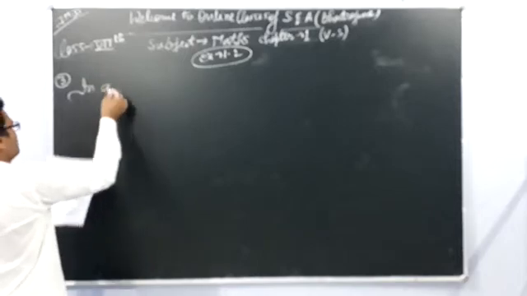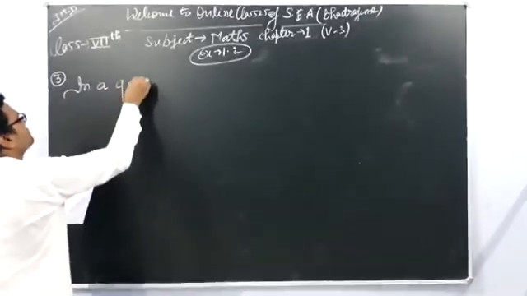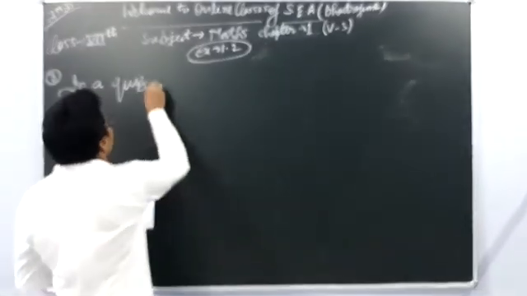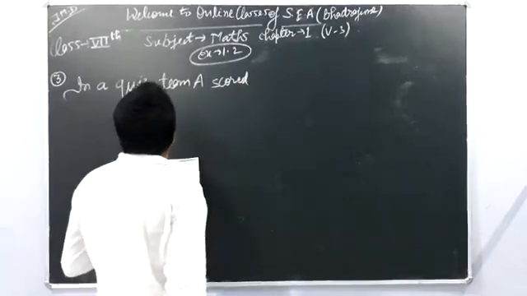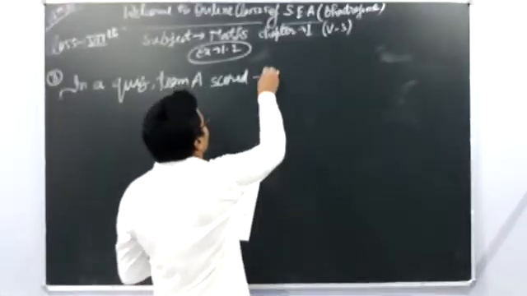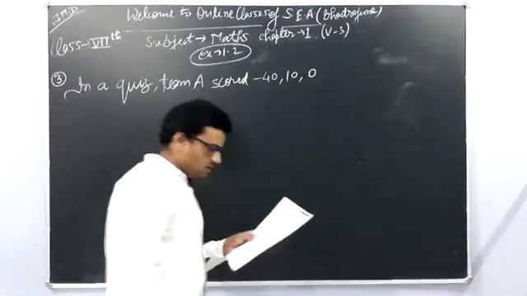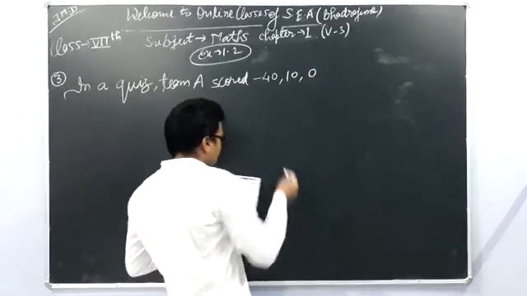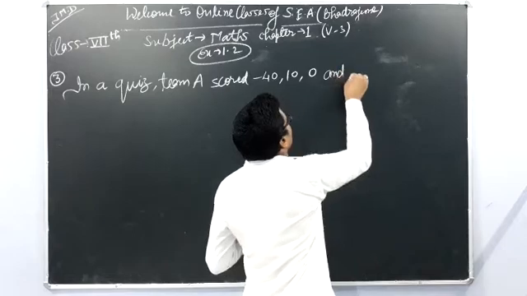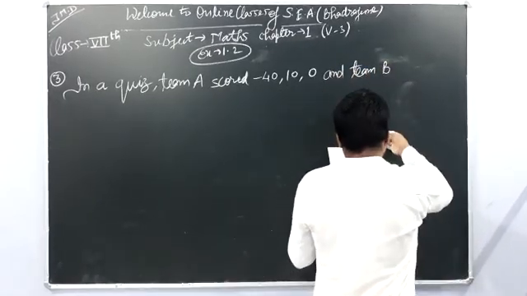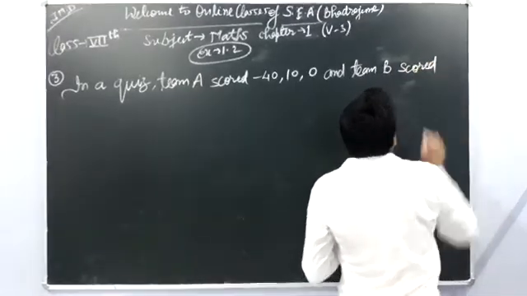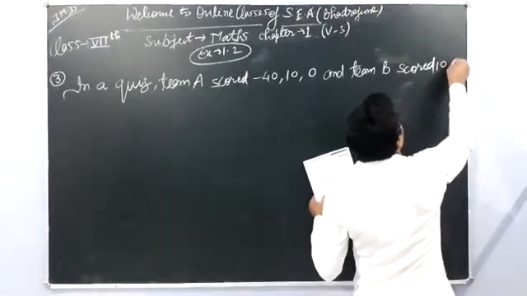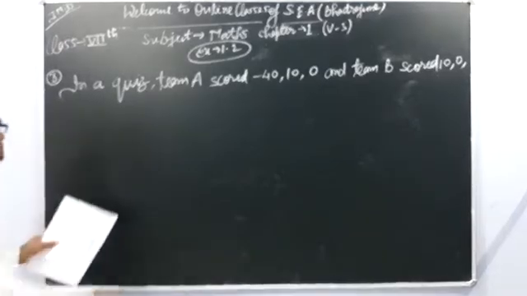In a quiz, team A scored minus 40, 10, 0, and team B scored 10, 0, minus 40